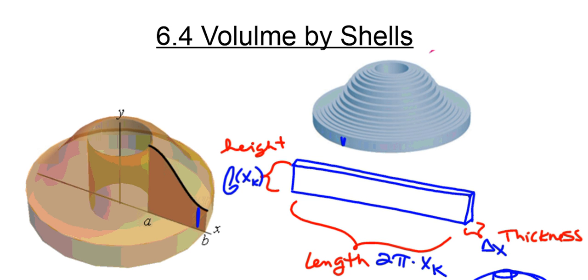6.4, volume by shells. What we're going to have now is another method of finding volume when we have more issues to deal with, such as it's not an easy one to integrate by some disk method or washer method. This method then says if we had a bunch of cylindrical shells or just like pieces of paper that we